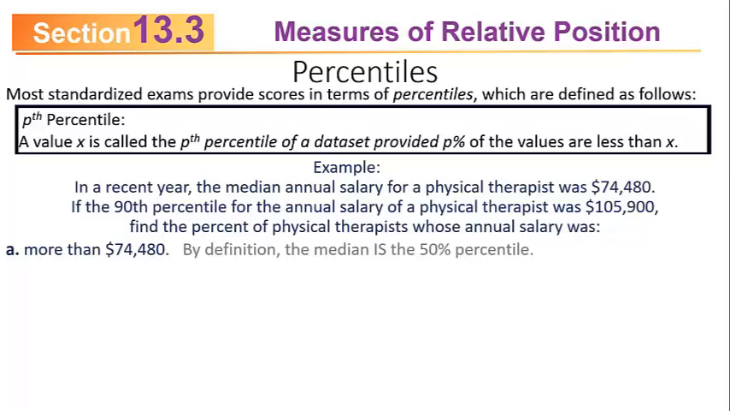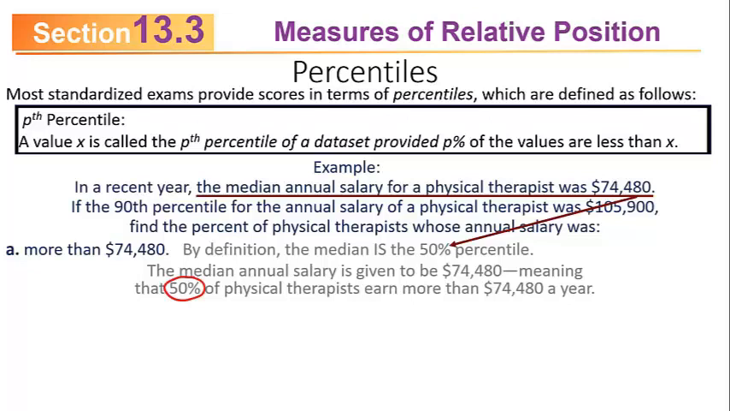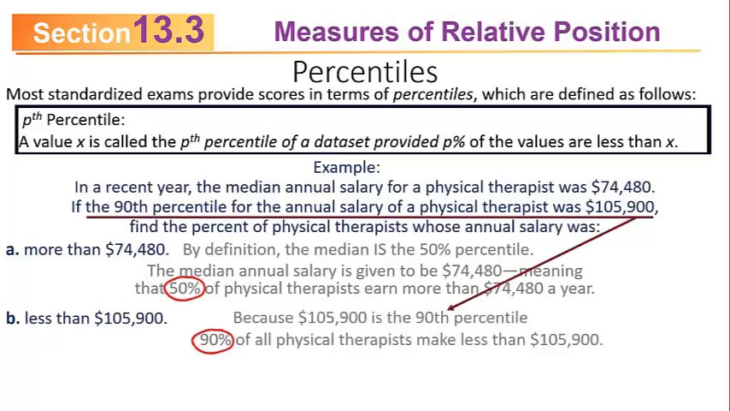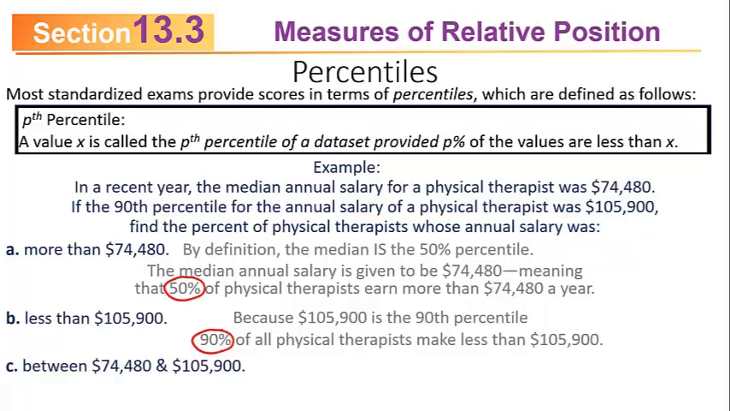Now, by definition, the median is the 50th percentile, and it tells you in the problem that the median annual salary was $74,480. So it's the 50th percentile. B, less than $105,900. Well, it tells you in the problem that the 90th percentile for the annual salary of a physical therapist was $105,900. That means that 90% of all physical therapists make less than $105,900. C, between